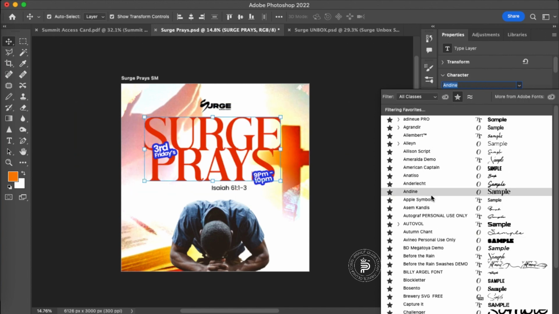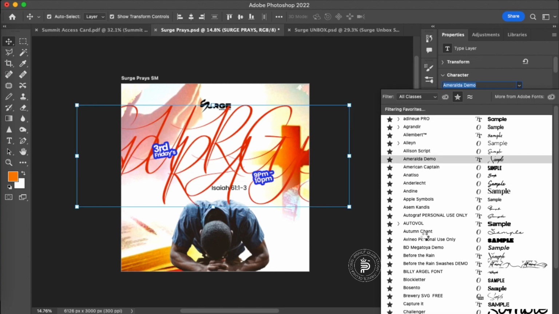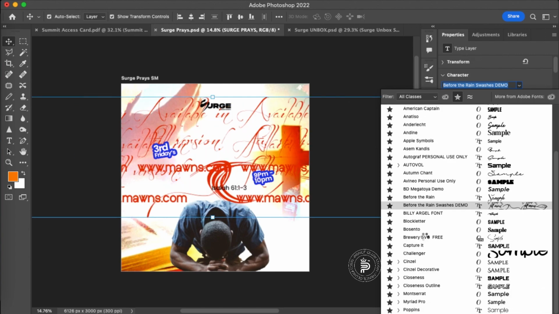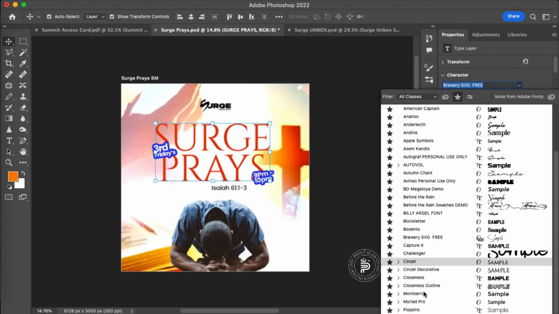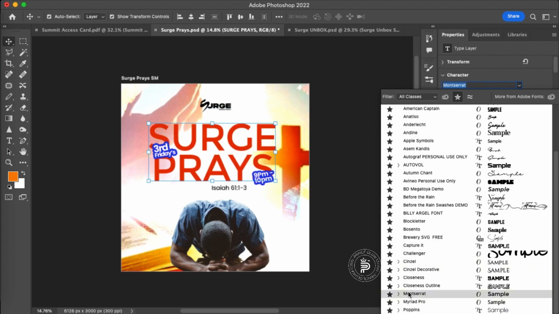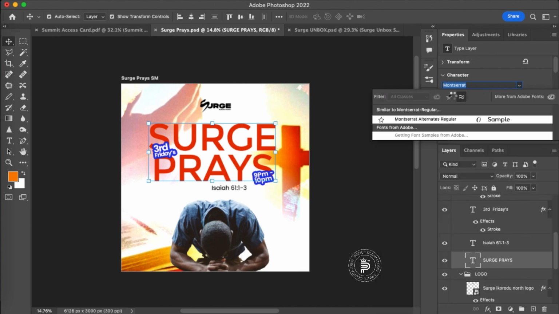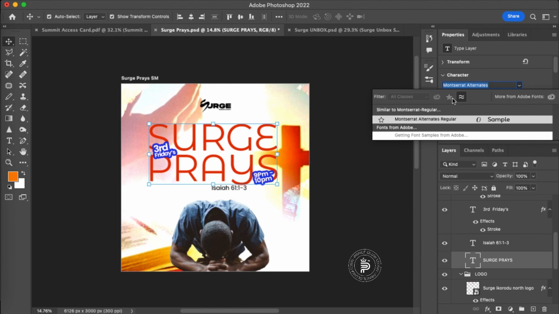For me, it can be very hard to select the font that you want to make use of. So what I do for most of my designs, as soon as I find a font that really makes sense to me that I can make use of for a design, I just favorite it. So that's the best way for you to go about it. So you see right here,